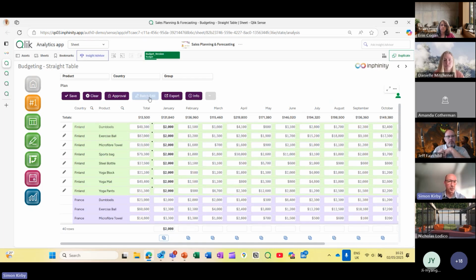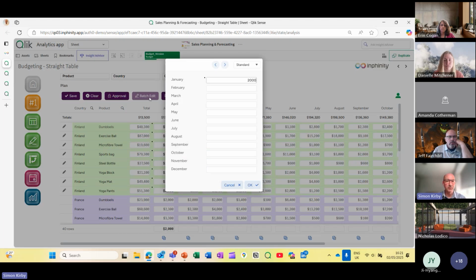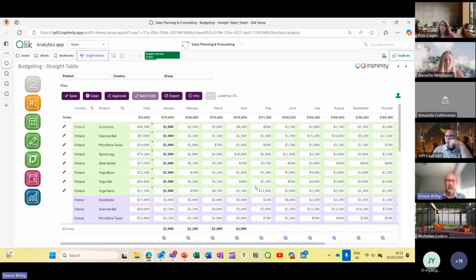There is a button here that you can create called a batch edit, and you could do it like this. So you can say, okay, let's have everything in February be, I don't know, 1200, and then 3000 in March and 4000 in April. And then we can hit OK, and it will apply all of these values at once. Right. Now, again, if I had filters selected, it could be anything. It will apply those batch updates specifically to your choices, your filtered choices. So you can be very granular about how you choose to bulk update something.